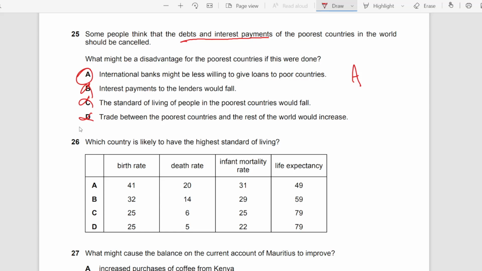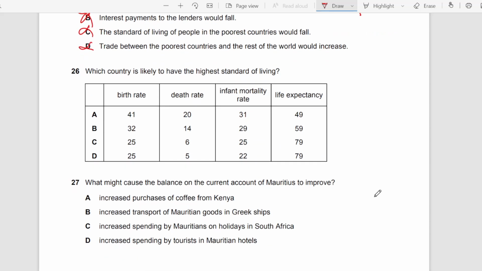So yeah, this is a relatively simple question. Look, any country that has the highest standard of living would have a high life expectancy, so A and B cannot be correct. Infant mortality rate is also high there, so it should be low. Death rate is also high, it should be low. So life expectancy should be highest, infant mortality rate should be lowest, and death rate should be lowest for the country to have a high standard of living, people should be able to live long, and